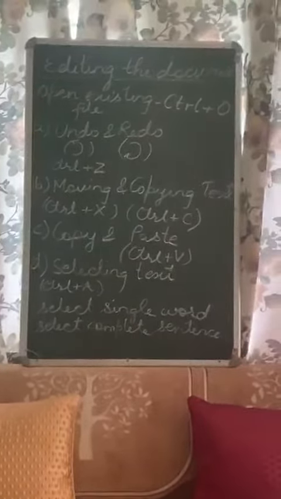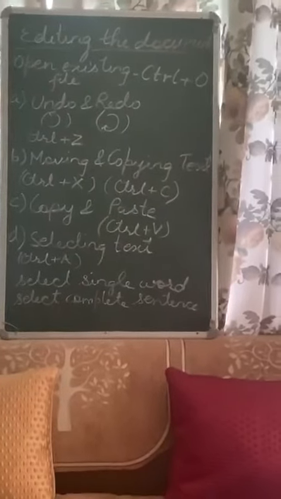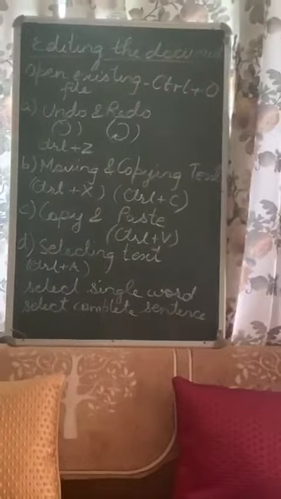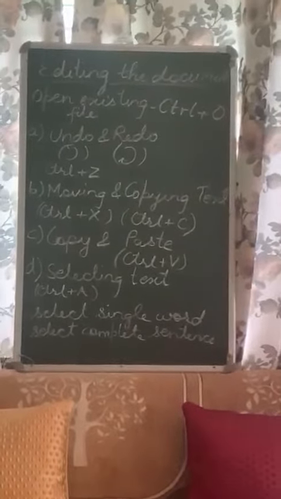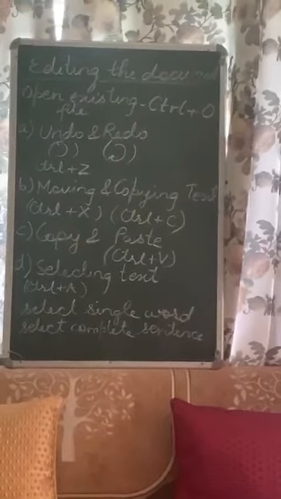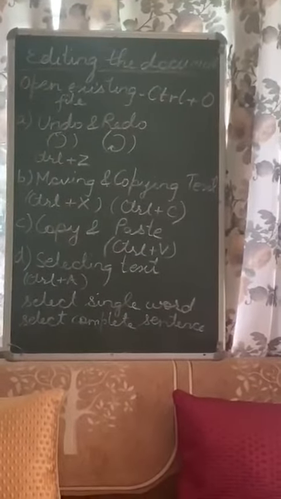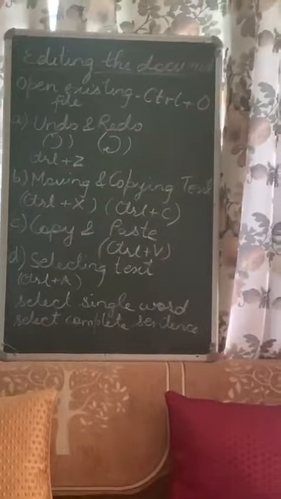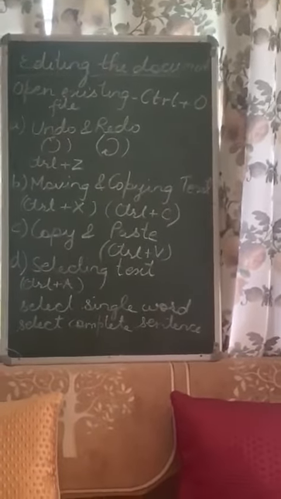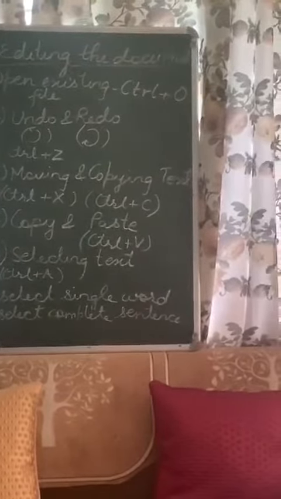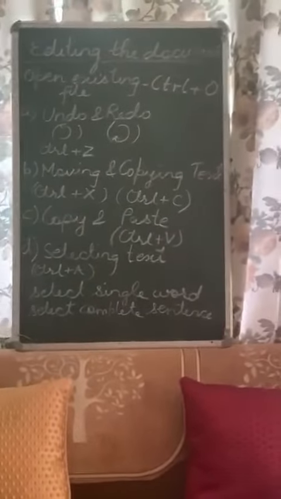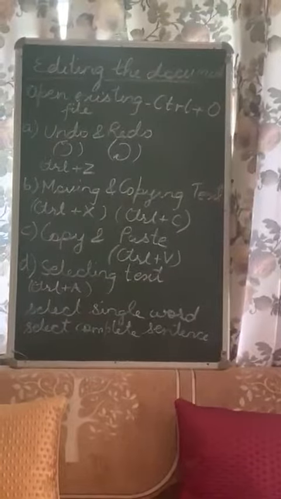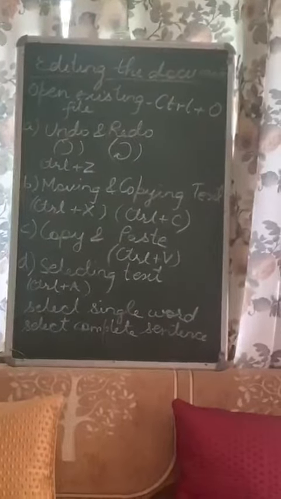First of all, what is the difference between moving and copying? Moving means taking the file or folder from one place to another. That means from the original location it gets removed and it is now moved to a new location. And copying means making two copies of the same folder or file at two other places. Moving basically means cutting, that is Ctrl+X is the shortcut key, and copying mainly means to copy, that is Ctrl+C is the shortcut key. Then third one is copy and paste.